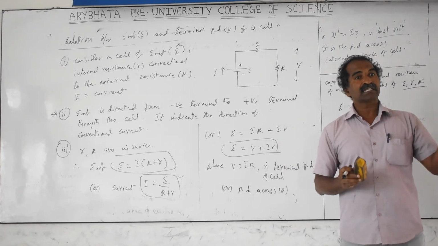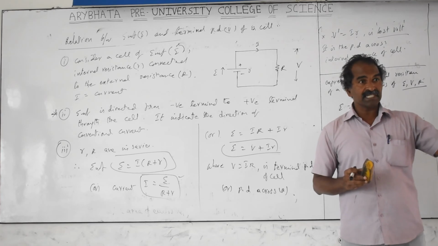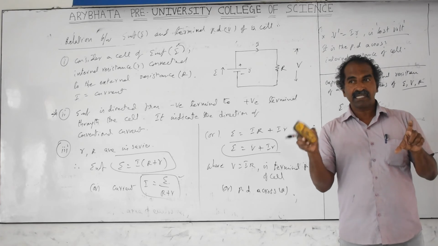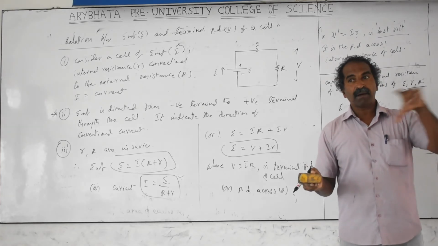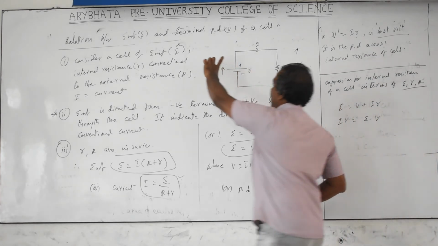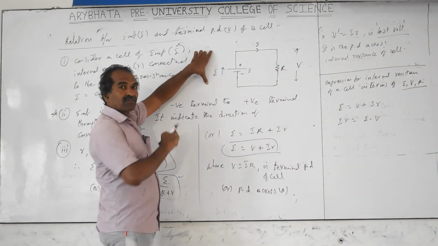The battery cell of a mobile phone charges at 3.6 volts, then a 5 volt charger is used. The charger gives 5 volts DC, and you have to connect plus to plus, minus to minus. If the cell EMF is less only, current can pass into it. Current travels from high potential to low potential. If you connect one more cell in parallel to it, current will travel from one cell to the other cell.